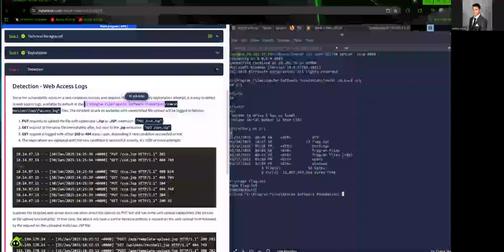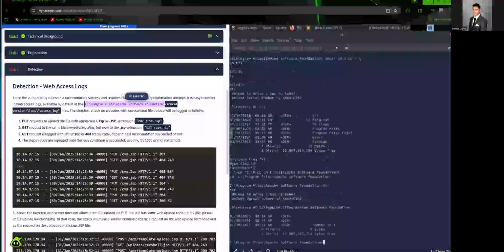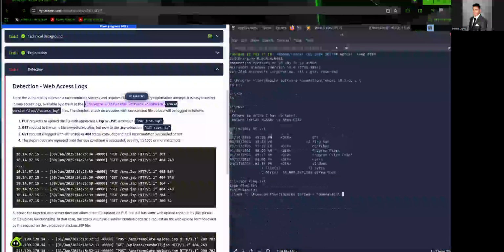CD, and then we'll put little quotations around it. Dir Tomcat 10.1. Just wanted to see what that looks like. So go CD again. Quotations. Paste that in, and then use the name file